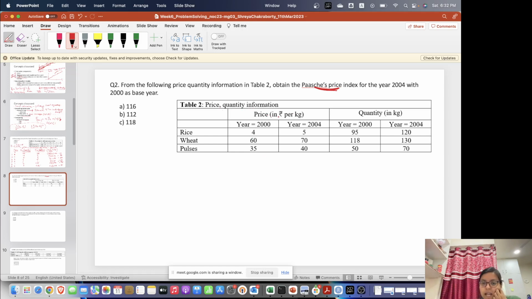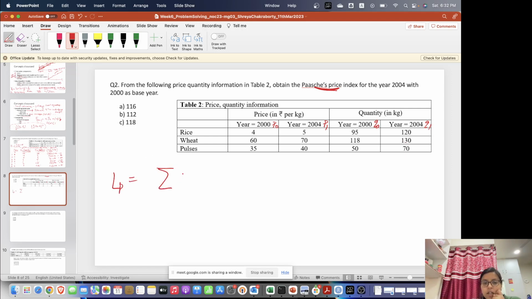This is price in rupees per kg, year 2000, which is the base year, and this is 2004, which is the current year. Quantity also: this is Q0, quantity for base year. Q1 is quantity for current year. So then the Paasche's index would be